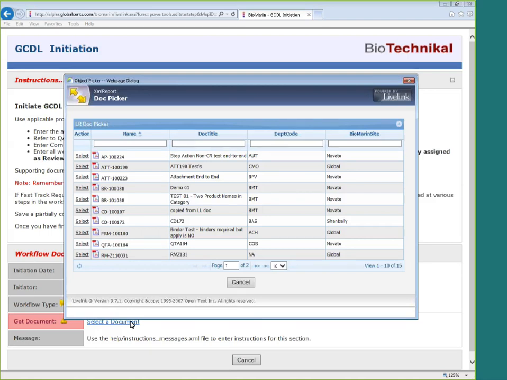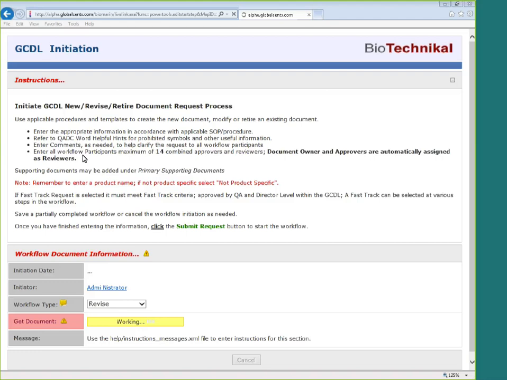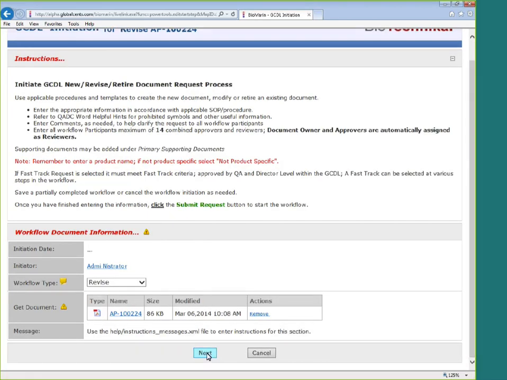This is a doc picker report. It's developed with GCI Power Tools for Reports and Views, and it's embedded right into the Steps interface. It makes it easy for the end user to find the specific document they're looking for. No need to traverse the tree structure to find the document. Available documents are shown to you with some filtering options, and once the document is selected, the view is pulling metadata from the document to populate fields in the workflow. At this point in the background, the custom view is also finding the native version of the published document so that it can become part of the package as well. And once we've selected, we can move on.